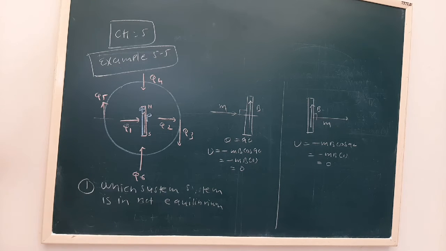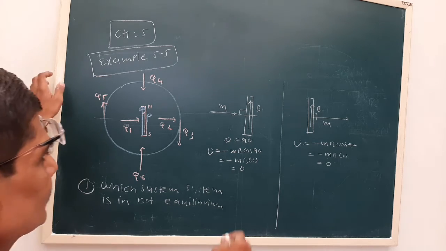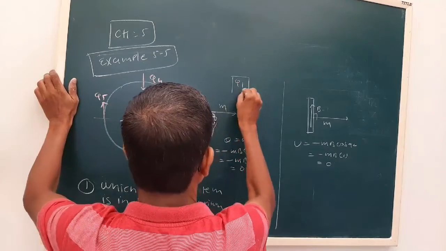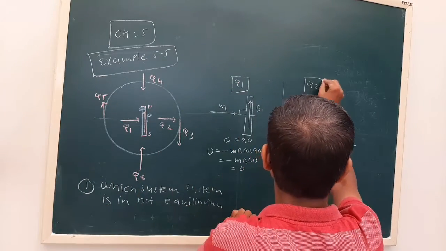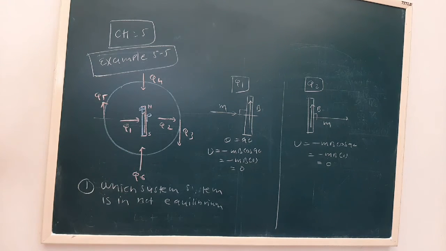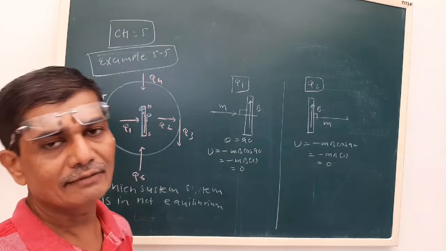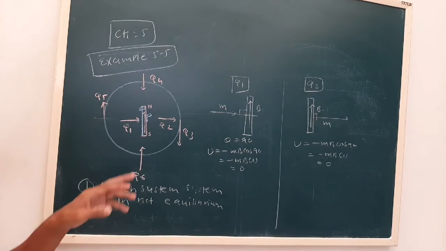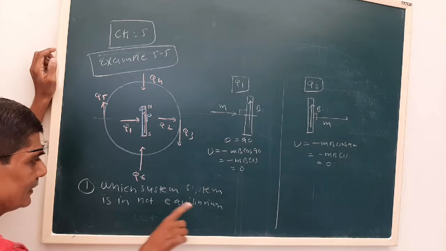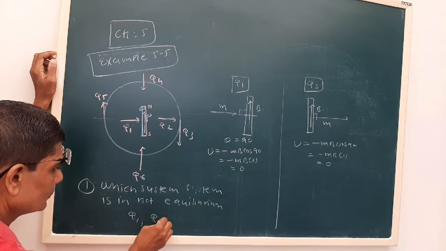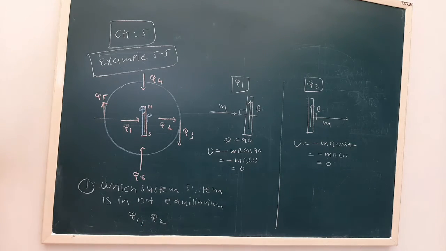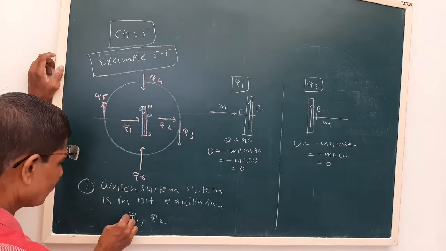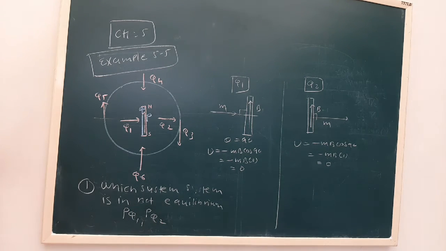Now see, all the other four will be either in equilibrium or non-equilibrium, that we'll see. Now let us say this was for Q1, this was for Q2. What I would like to discuss is that we first find the potential energy for all six, then we can obtain all answers. But here we can easily write that for Q1 and Q2, it is not in equilibrium. That is P Q1 and P Q2 according to the textbook. Not equilibrium.